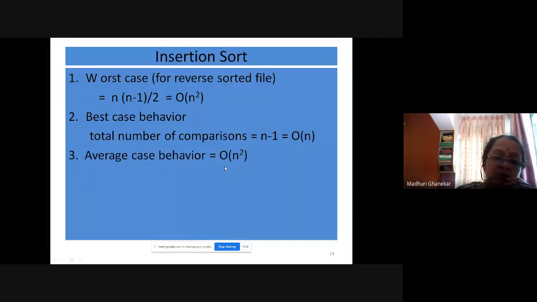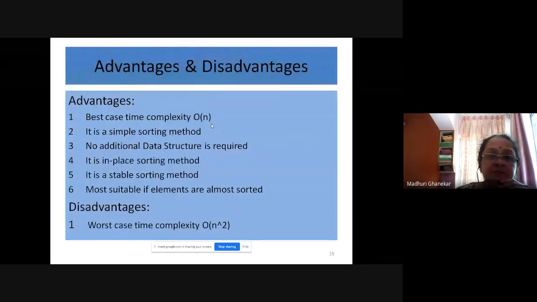The important fact with insertion sort is that the program is able to recognize the best case. So we'll see the advantages and disadvantages. Best case time complexity is big O of n.